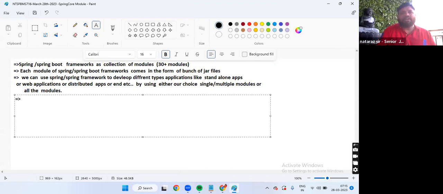A module is a collection of libraries or APIs together. A collection of libraries or APIs together is called a module in the Spring or Spring Boot framework.